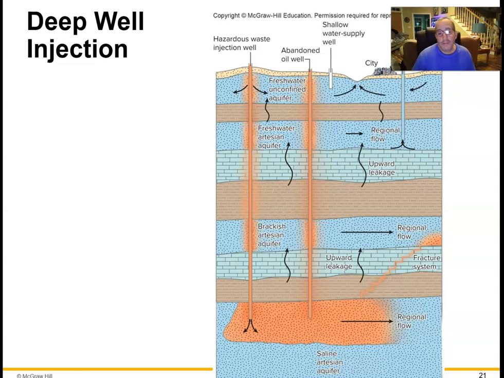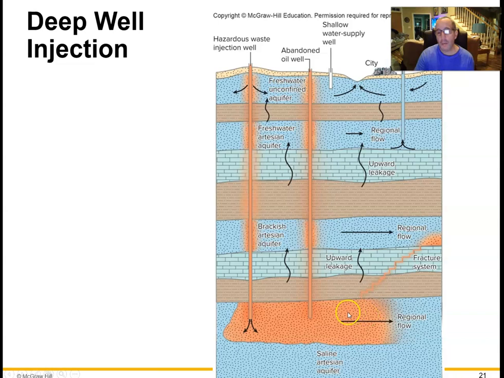Is this a good idea? Well, probably in my lifetime, and probably even in your lifetime, it's not going to be a big deal most of the time. At some point in the future, it could be. You have a couple of potential hiccups in this. It's going to be out of sight, out of mind for maybe thousands of years, if everything works out all right. But remember,